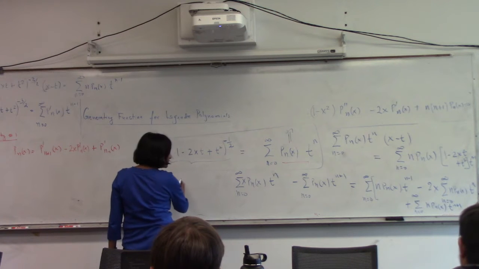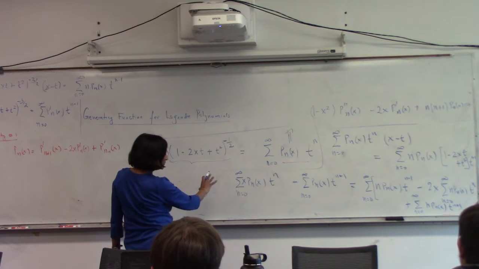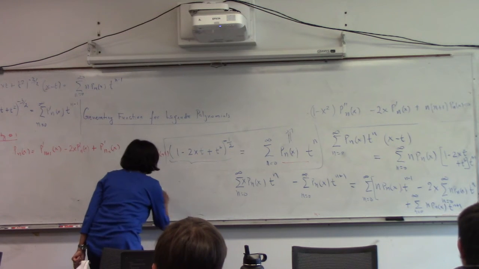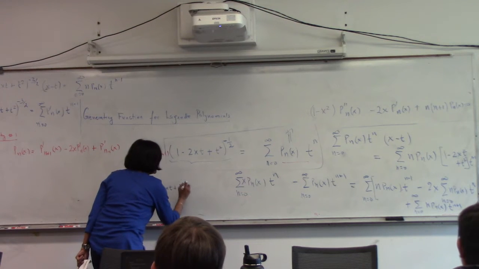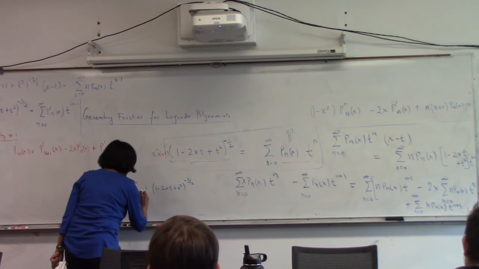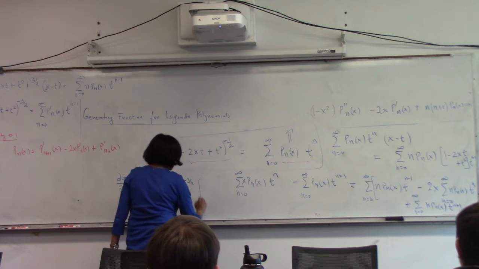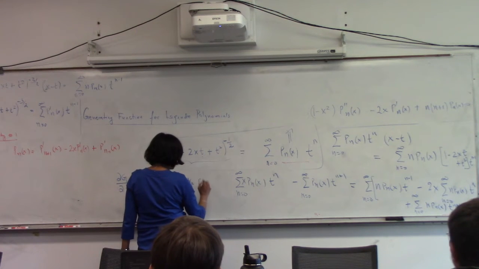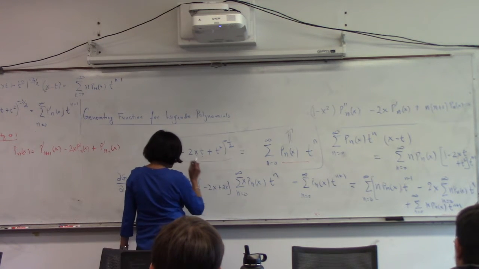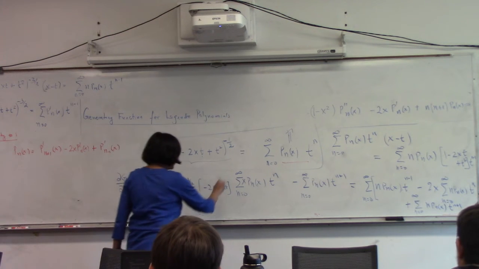The first term was minus 2xt plus t squared, I have minus half. I was doing with respect to t, so I had a minus 2x plus 2t, right? And it's n minus 1. So the term that I have here